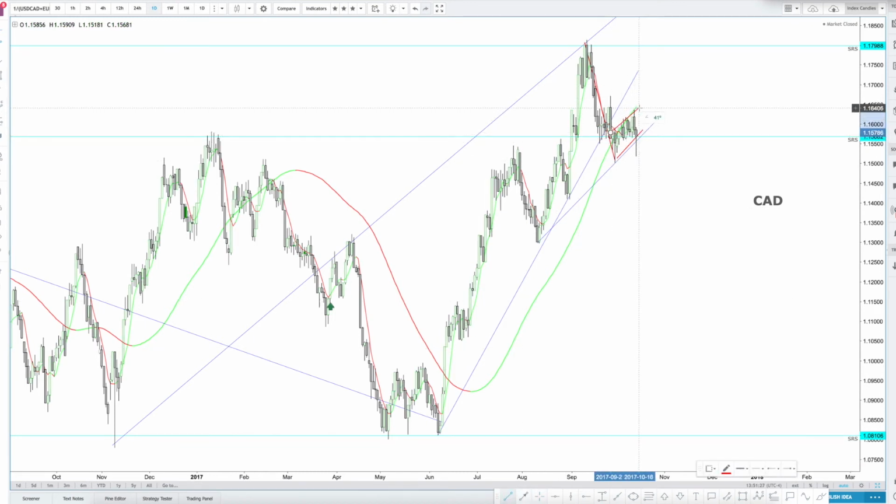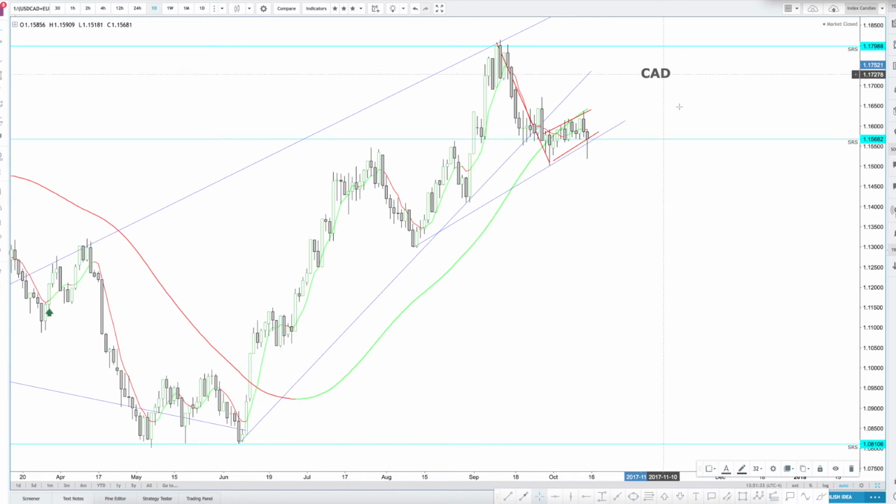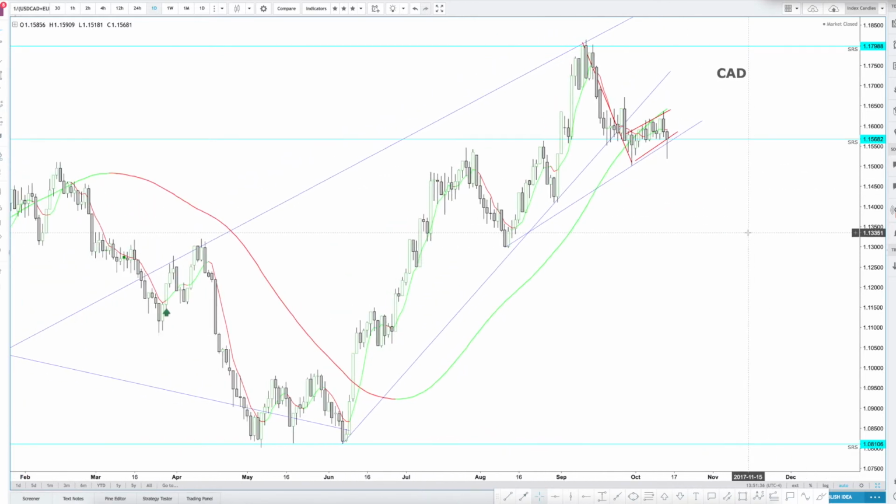Let's zoom in a little bit. So we're kind of ranging right now. Not a lot. There's still support. We've got this weak looking, we had a turnaround in Canada midday. So it could be a false breakout of this trend line. So we could try to go higher and test the highs. But I'm going to be looking for a move lower. There's just a lot of bearish signs,